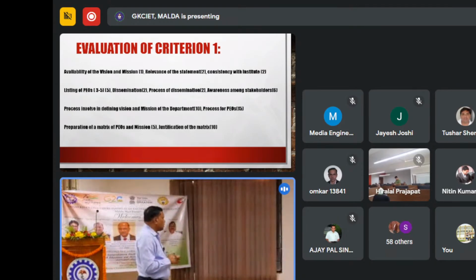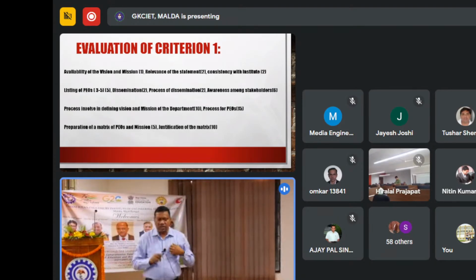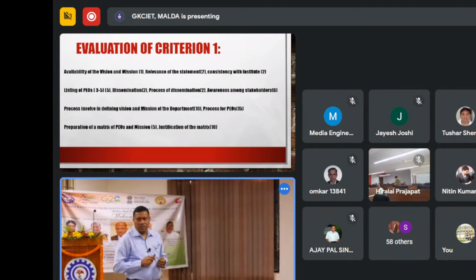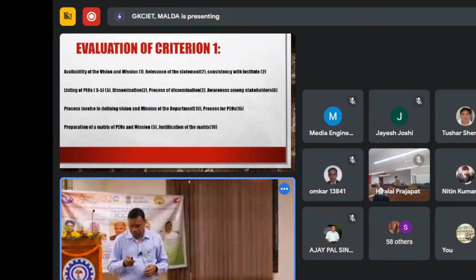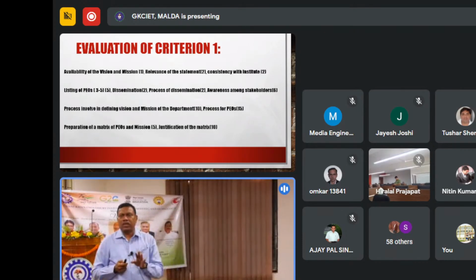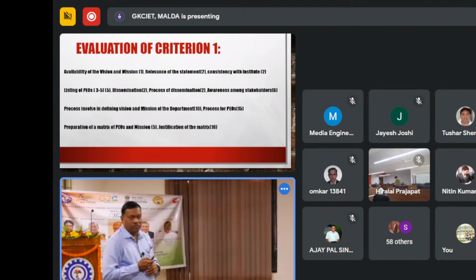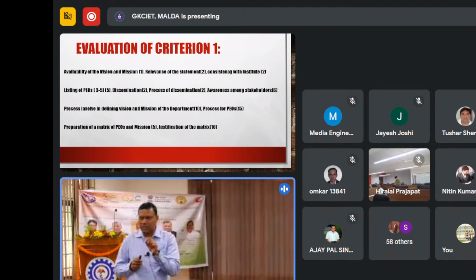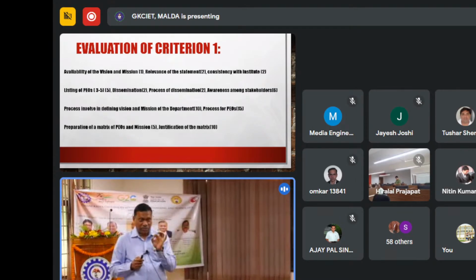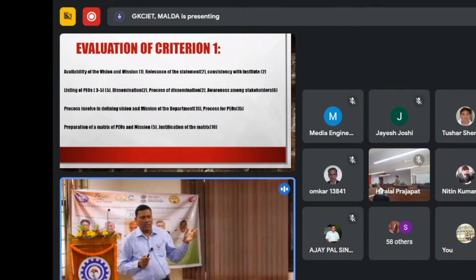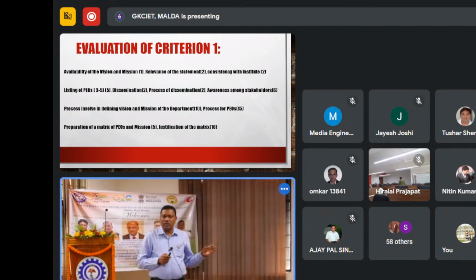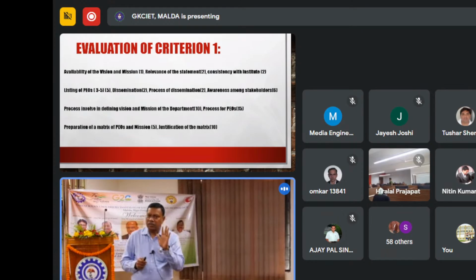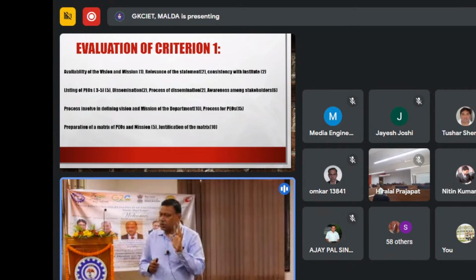Listing of POs, 3 to 5 POs if you are writing the statement. Here, mark that there are 5 marks. So simply if you have the POs listed, you will not get 5 marks. Your POs listing should be with a proper statement, like we were discussing, and it should have proper clarity. Though, if you have 5 POs or 3 POs listed well, you are supposed to get marks,